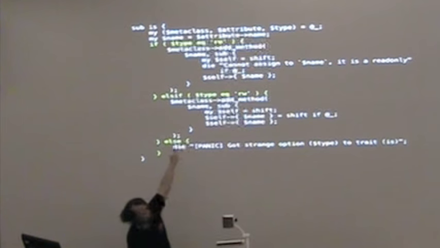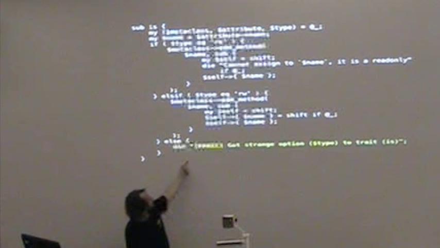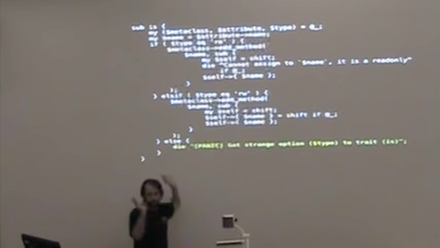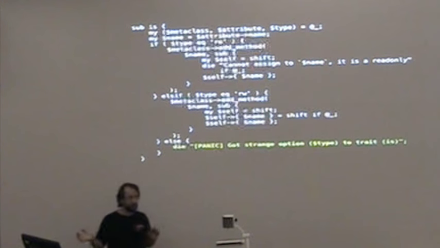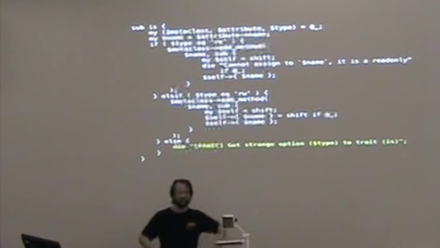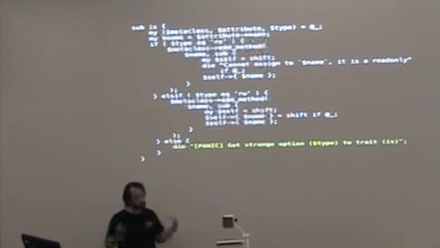We're dispatching based on read-only, read-write. Add a method. Oh, we don't understand that. We pull it. So it's very easy for you to extend the MOP by simply writing functions that operate on meta objects. It's close to what Perl 6 does. Not exactly, but it's borrowing the same idea. But it proves to be a very powerful and very useful extension mechanism.